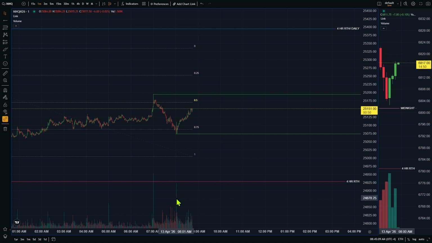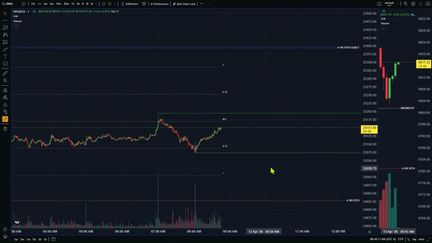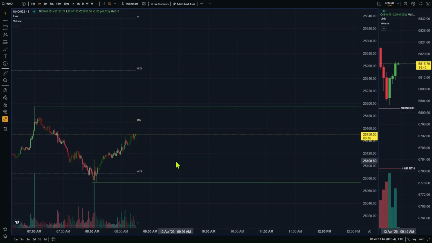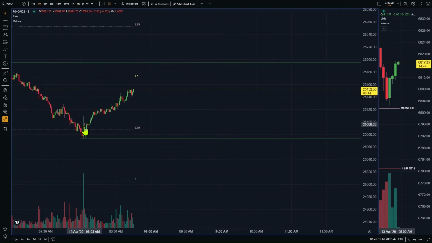And then on the next push down right here, if it was going to push down lower and it had any weight behind it, there would be equal volume going to the downside. So that told me